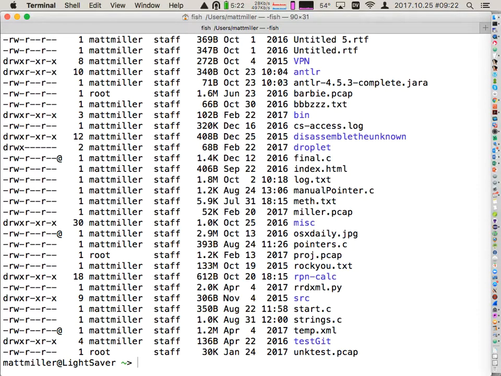Read. W. Right. X. Xylophone. No. Execute. Right? So execute. Now there are actually pairs of 3 of these, right? So there's one, there's another, there's another. So those groups of 3 are for the different